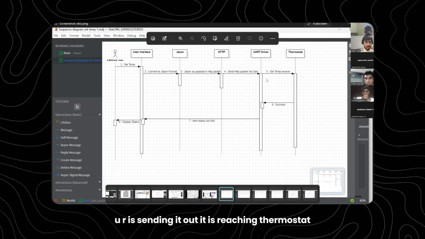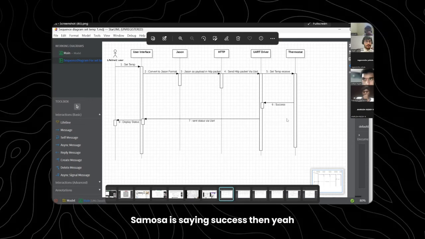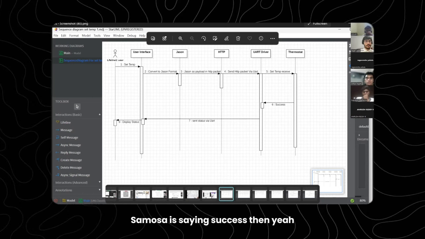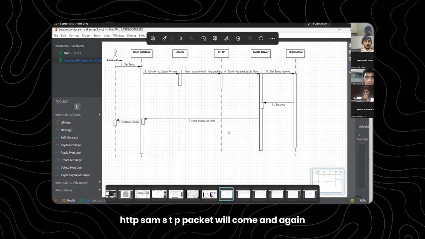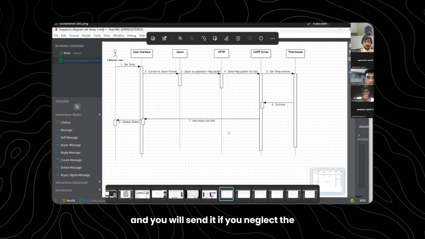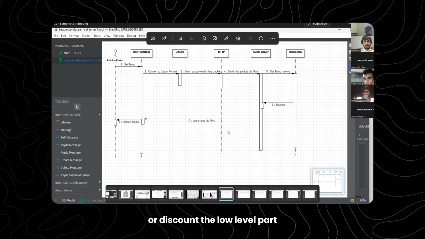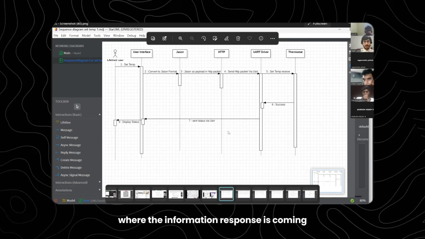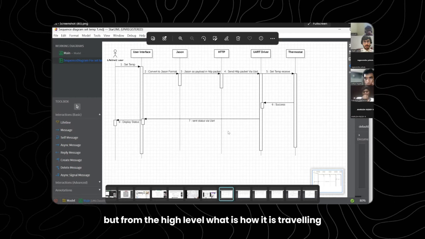UART is sending it out, it is reaching the thermostat. The thermostat is saying success, then it has to come back again through HTTP, some HTTP packet will come, and again you will do the reverse JSON parsing and send it. If you discount the low level part where the response is coming, from the high level, how it is traveling is clear, right?